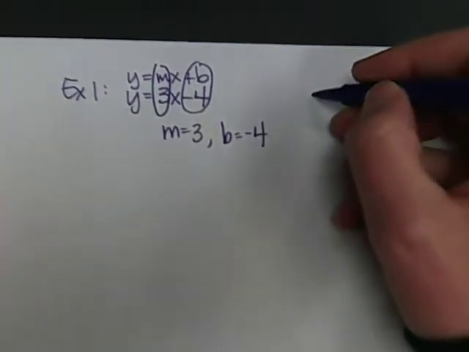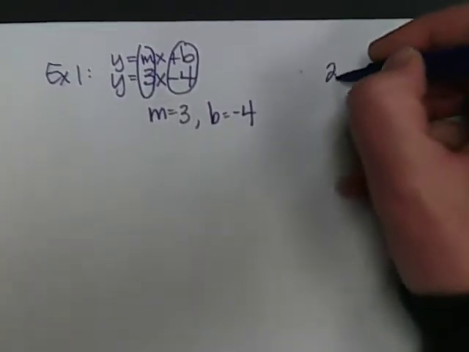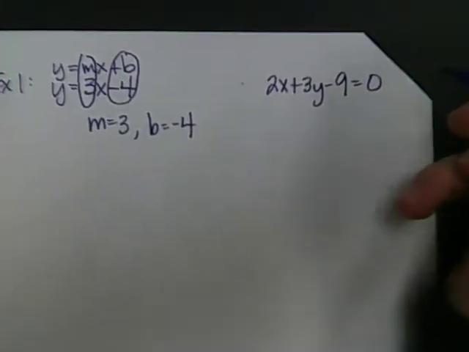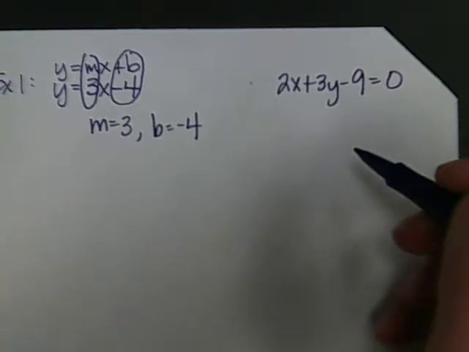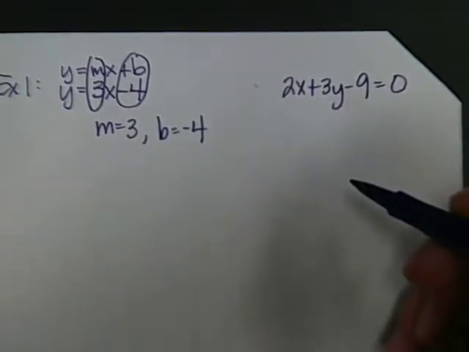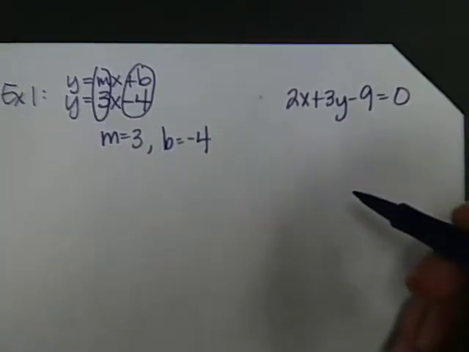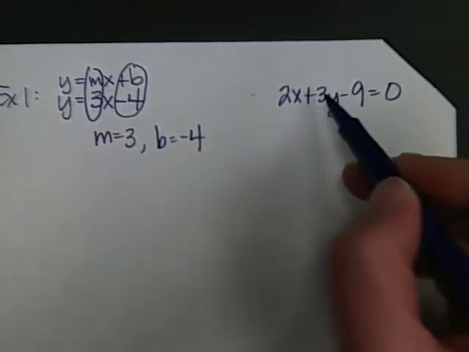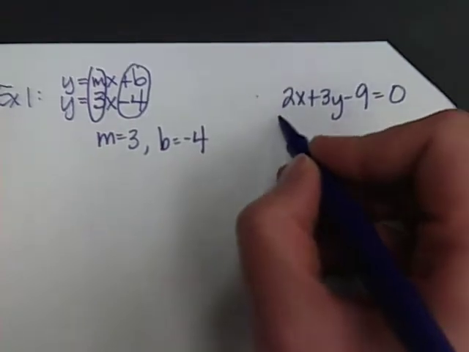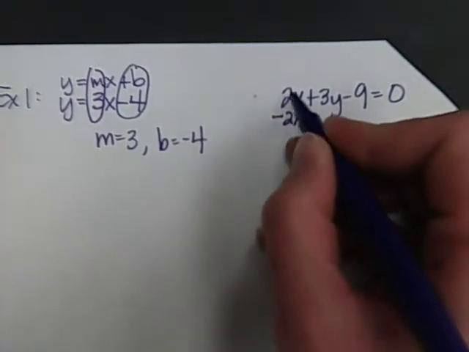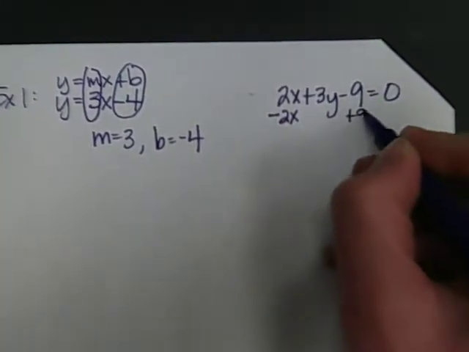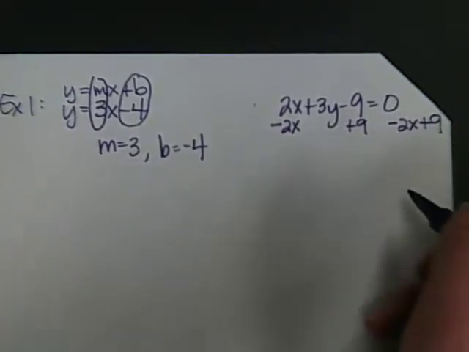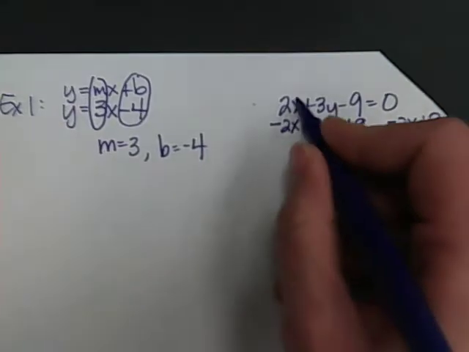But if I take a look at that next one, they give us 2x plus 3y minus 9 equals 0. This is obviously not in y equals mx plus b form because I don't have y by itself. So we need to get y by itself, meaning we need to get rid of these terms and then get rid of that 3. So I'm going to move these at the same time. I need to move this whole term and this whole term to the other side. These are going to cancel,